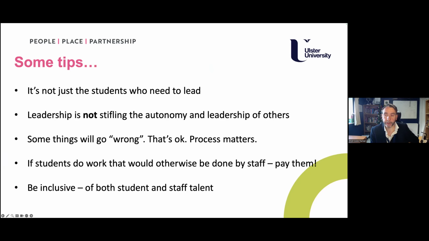You can't do this by sitting on top of other people and raining on their parade. You're going to have to be quite constructive in doing that. Things will go wrong. For example, we had students who wanted to make a radio frequency telescope. They asked for a bit of money. I gave them a bit of money. They didn't quite get to that outcome. They were quite upset about that. I wasn't, because I felt the process of what they had done in that journey was the important thing. And the amount of money was not huge. So it was a manageable risk. And I think that's really important.